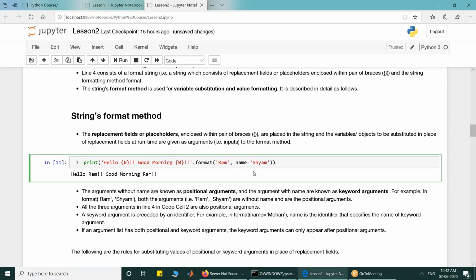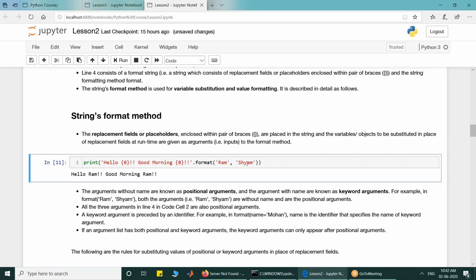Yes. So I can also change this Sham, which is a keyword argument, to a positional argument. Now Ram and Sham, both of them, are positional arguments because there is no identifier associated with them. They are governed by their positions.